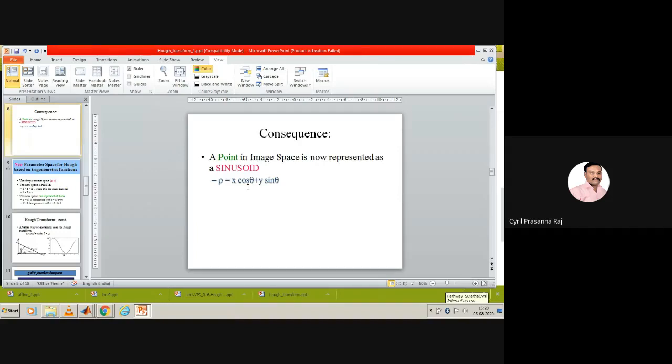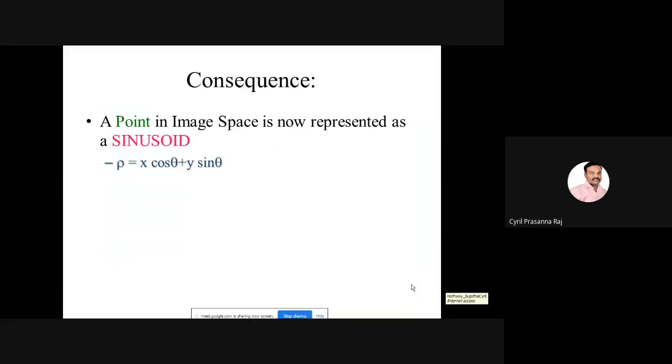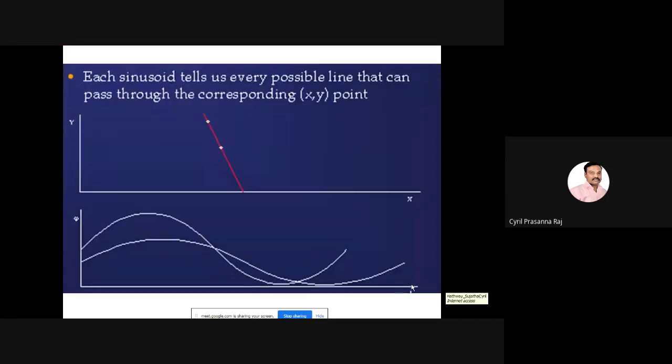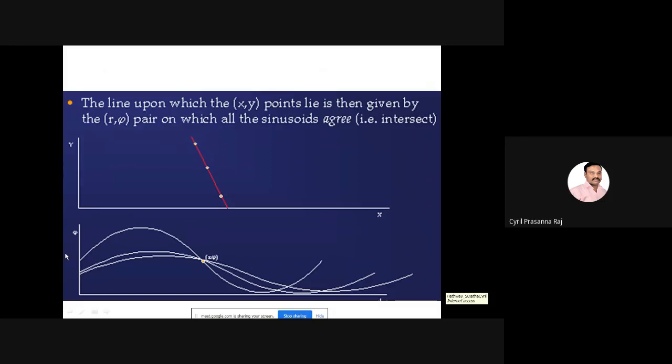Let us understand this once again. Assume that you have a Hough transform output and there are two intercept points. In the first intercept point, there are 30 sinusoids. In the second intercept point, there are around 60 sinusoids. What do you mean by this now? This implies there are two straight lines because there are two intercept points. Intercept point is basically this. This is what an intercept point is.